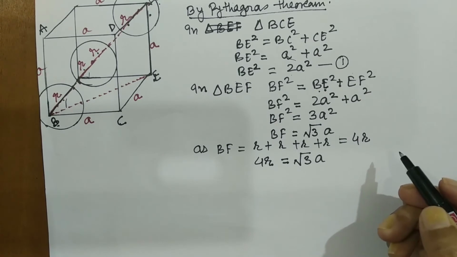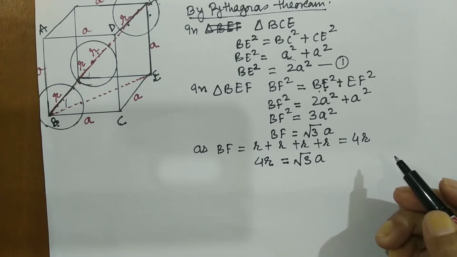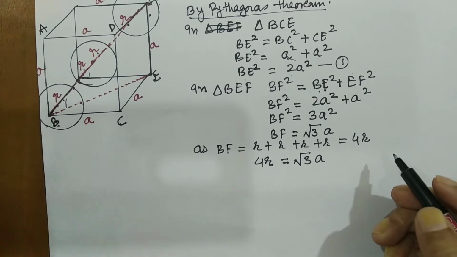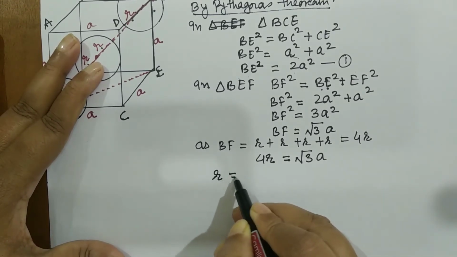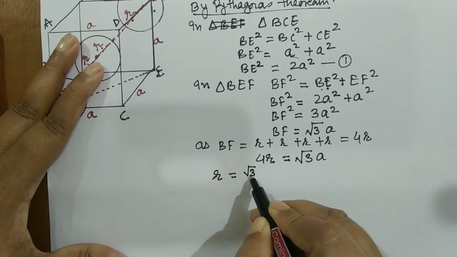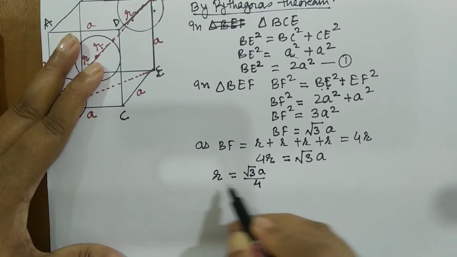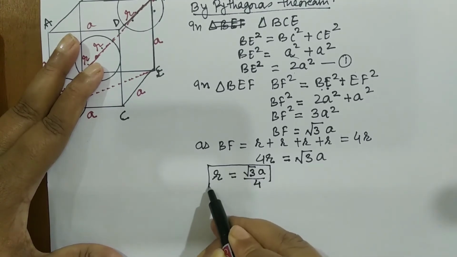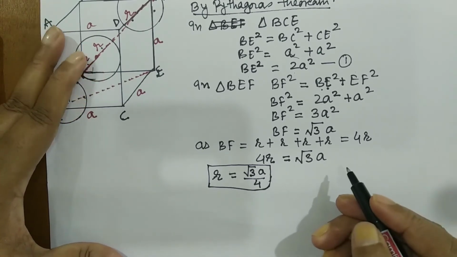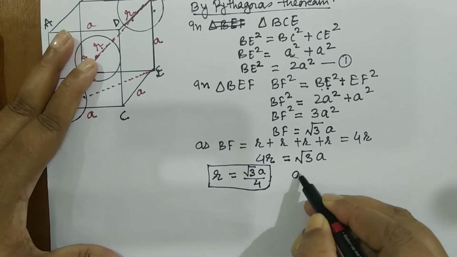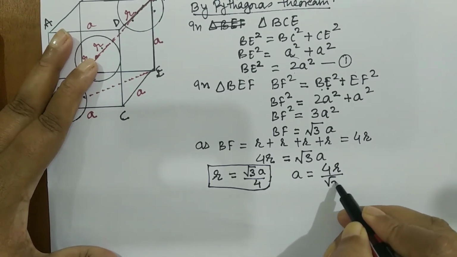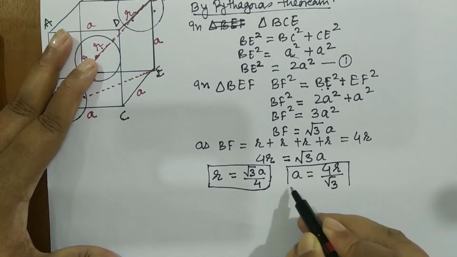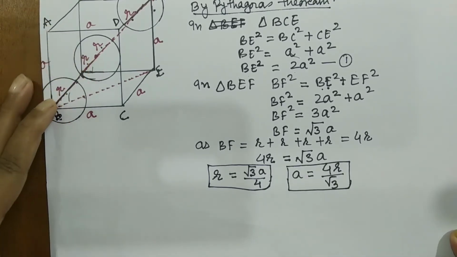Always you have to bring the equation to A is equal to, so that you can calculate the edge length for that particular unit cell, and R equation so that you can calculate radius of that particular unit cell. So let us make the equation now. R is equal to under root of 3A upon 4. So this is the first equation I got to calculate the radius of an atom for BCC type of unit cell. And similarly, A is equal to 4R upon root 3. So from this I can calculate the edge length or the lattice constant for BCC structure.